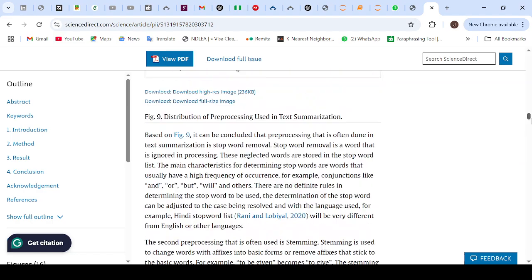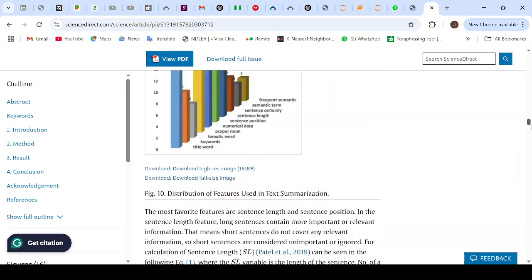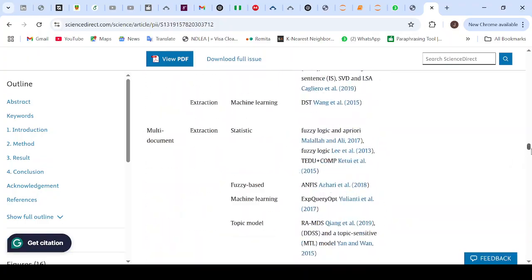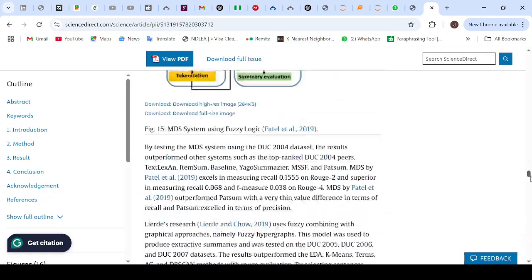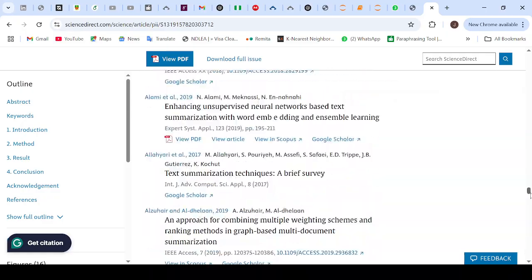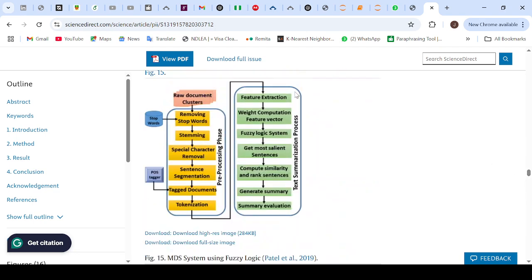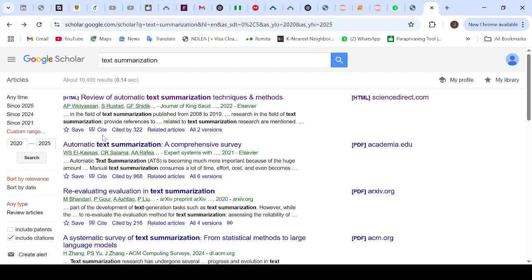Sometimes if you are working on a project, I suggest that you go and review a technical paper. This is a review paper. We might not need to use this to find a gap. So we go back. If at all this paper is what you need, you want to use it as part of your work, you just click on cite to take off the, you click on cite to,